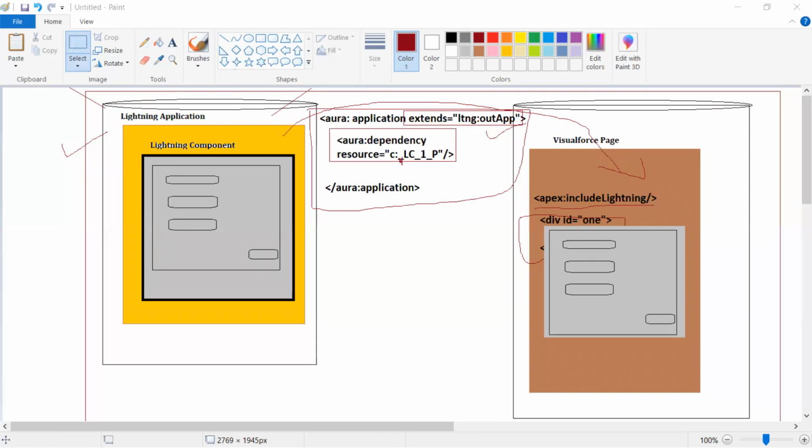Any questions here? Okay, so let's go ahead and see the one practical. So before the practical,